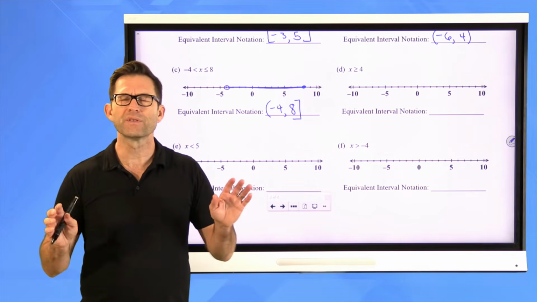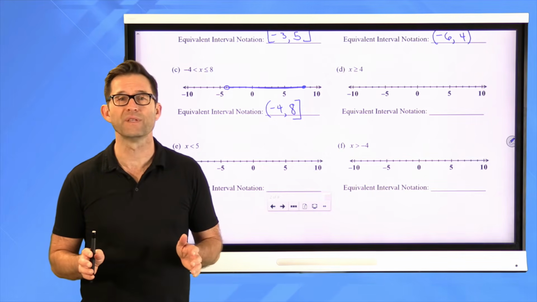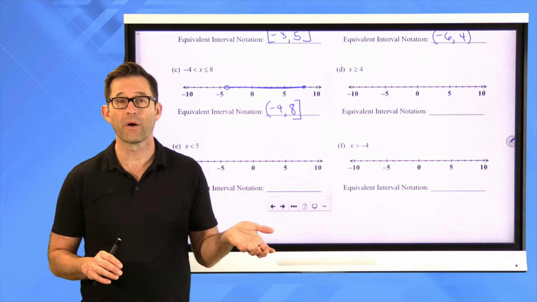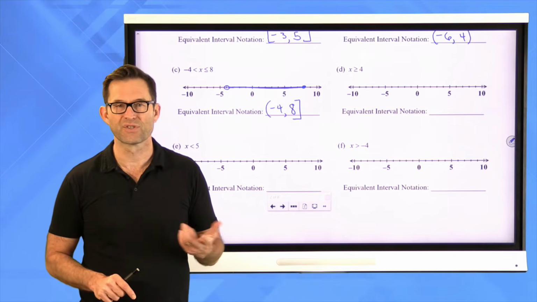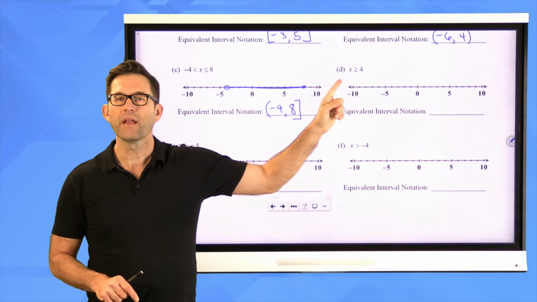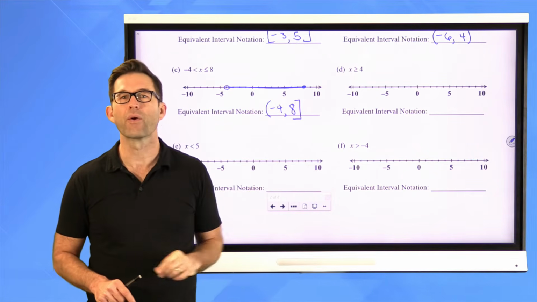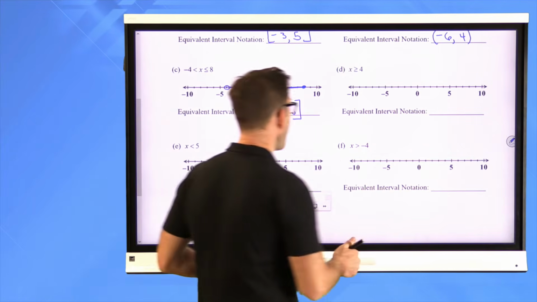Now, there's a few other considerations. Because in the three examples we've seen so far, we've got a starting number and an ending number. But what happens if we don't particularly have a starting number and an ending number? Let's take a look at letter D. Here we have x is greater than or equal to 4. So the starting number is 4, and it's included,